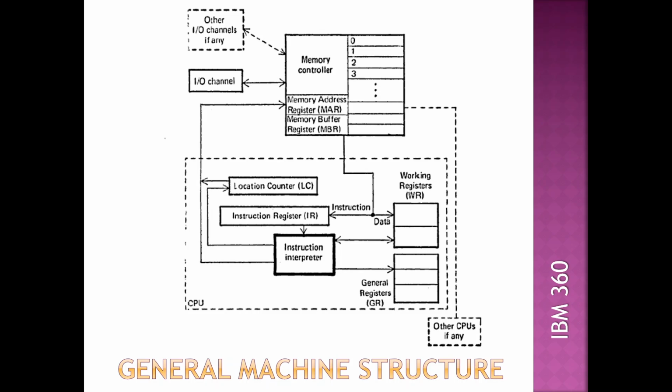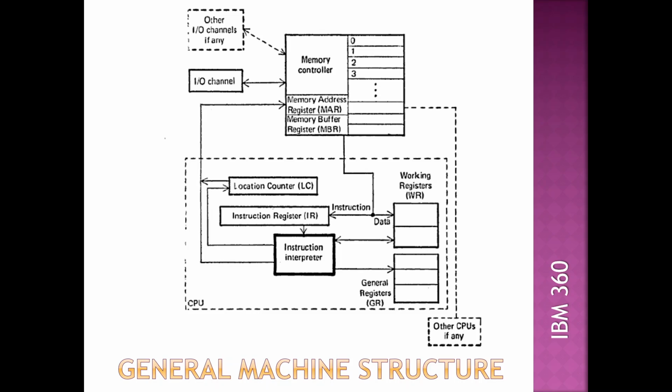There are also some registers here, the general registers. The general purpose registers in IBM 360 are R0 to R15. Totally there are 16 general purpose registers in IBM 360. Apart from the general purpose registers, there are also some working registers. You call them scratch registers, scratch pads, or temporary registers. They are just for internal calculation purposes, right?